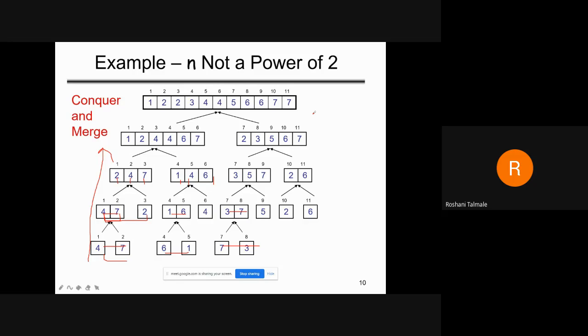In an incremental manner, if 100 elements are there in your array, you have to compare the first element with the second, then again the first element with the next, like that we have to do the comparison. So it will take more time. Okay, that's why merge sort is used.